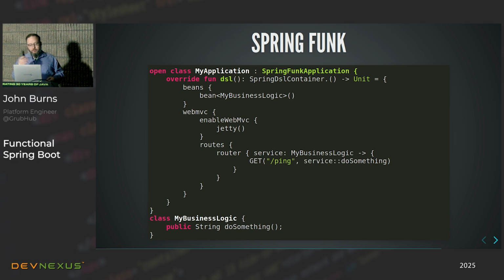And now we go right into the router DSL, right? So I can declare our routes here, everything like that. This is, again, just the router DSL that comes from Spring. It's just being wrapped. So Spring Funk also establishes a pattern of how to write your own DSLs and integrate them into this paradigm. So if you go to the repo, and there'll be a link at the end, you'll see that, as an example, I created a DSL that makes it easy to wire up various AWS clients like S3 client, SNS client, SQS client, those AWS SDK clients. We use AWS, so I just use that as an example, and how you can make a DSL for making that easier.